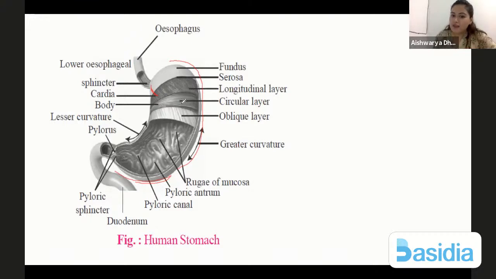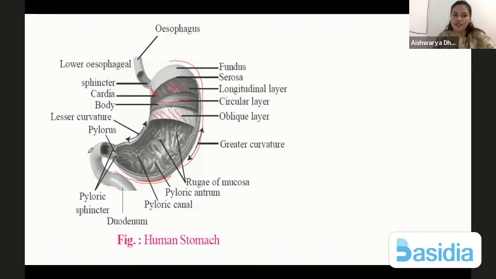Next, there are some type of muscles shown. So initially in the definition, I had said that the alimentary canal is made up of muscular wall and it has glandular epithelium. So these are the muscles present. Depending upon their shape and the arrangement of the muscles, there are three types. We have longitudinal, okay? We have circular, that means they go round and round. Longitudinal go like this. And we have oblique, which will go in the oblique manner, nothing else, right?